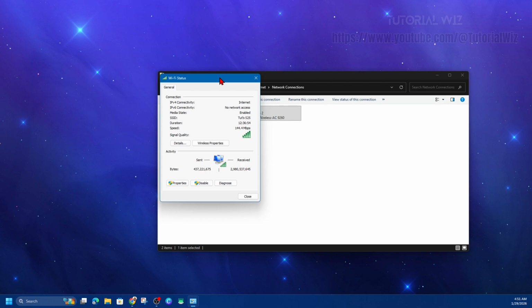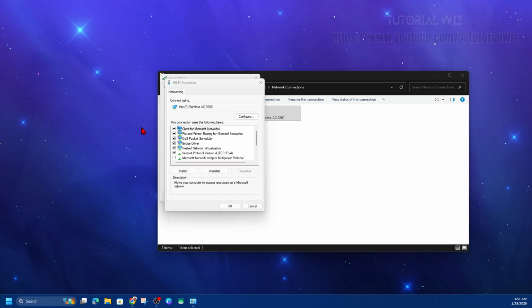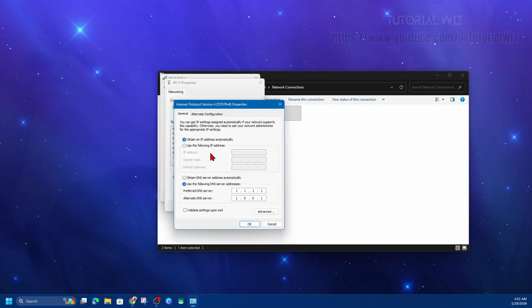Then from here, little boxes are going to appear like so. Now from here, you want to go ahead and click onto properties. Then from here, go ahead and find Internet Protocol version 4, double click onto it. Now from here, on the second box, it says use the following DNS server. We want to go ahead and change this